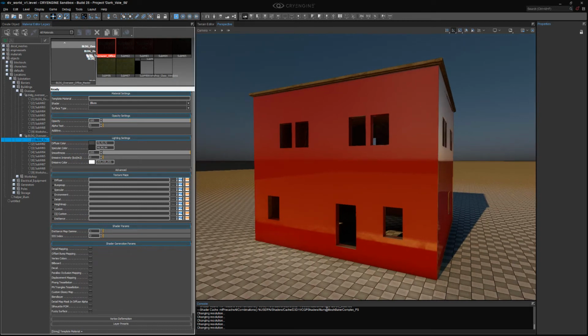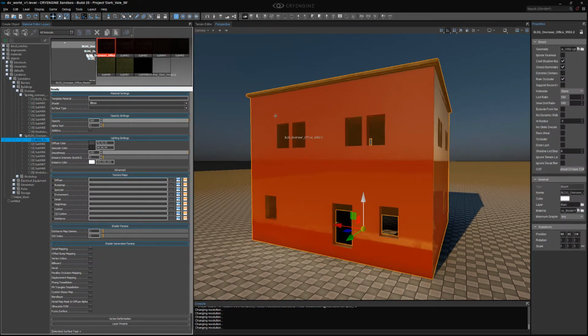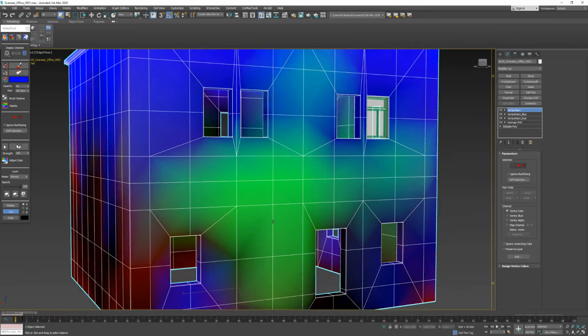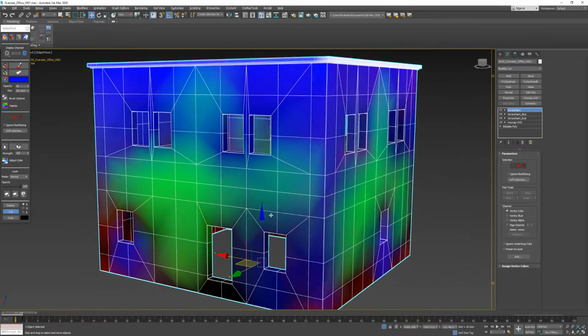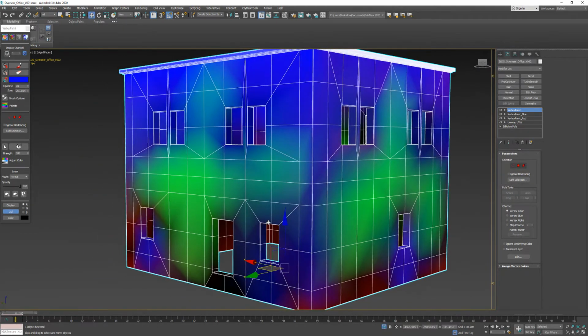Hey, and welcome to an introduction to using the Triblend shader. I'm going to follow along the same vein as when I did the hard surface shader. So I'm just going to go from beginning to end on setting up an asset for this. I'm going to be using this little office building thing, and I'm going to begin by showing the